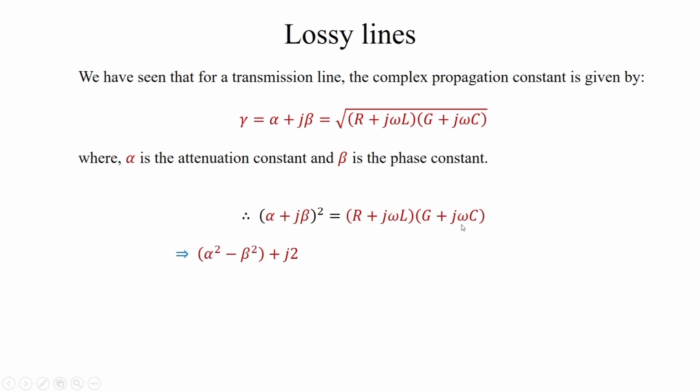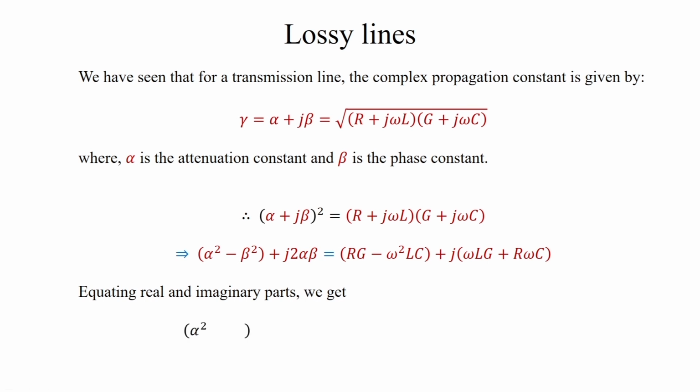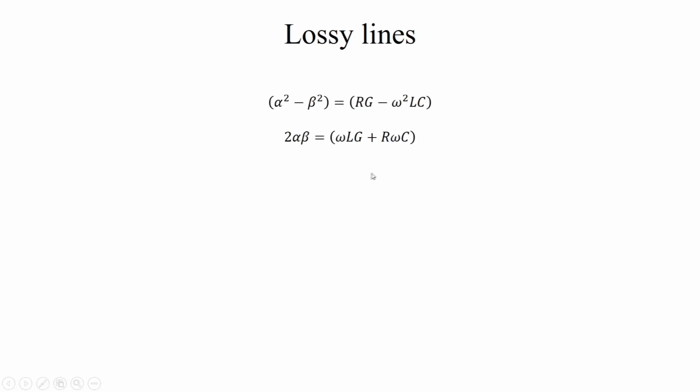Now, if we expand these and write both the left and right hand side in the form of real and imaginary parts, and then equate these real and imaginary parts, we get alpha square minus beta square is equal to RG minus omega square LC, and 2 alpha beta is equal to omega LG plus R omega C. So, this is the real and imaginary part separated, and